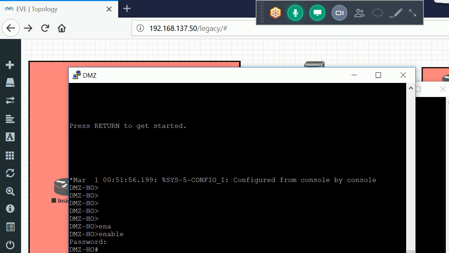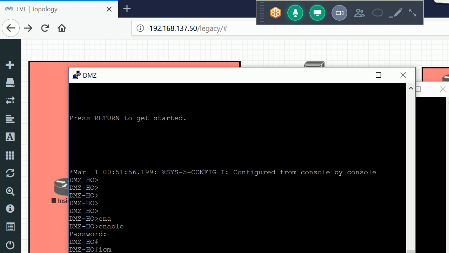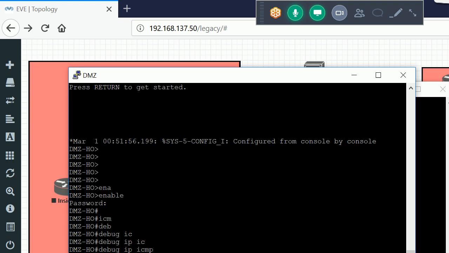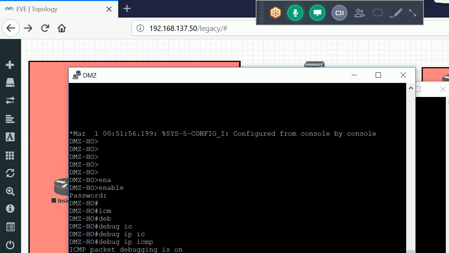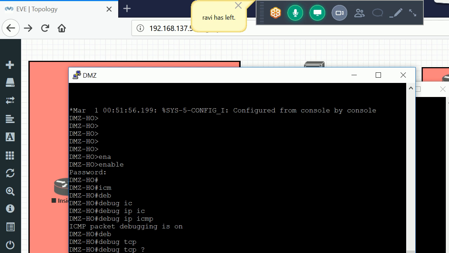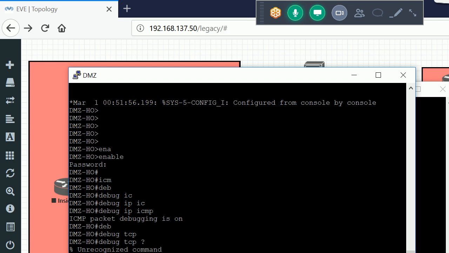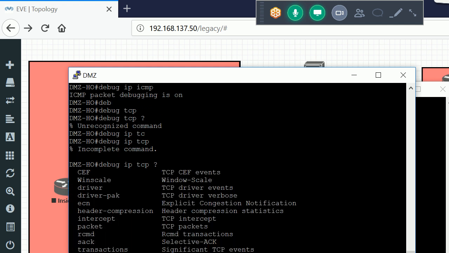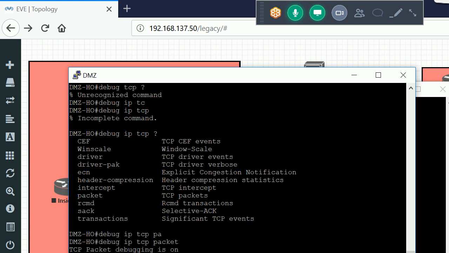I run debug IP ICMP and also debug TCP, debug IP TCP, yeah, TCP packets, okay.